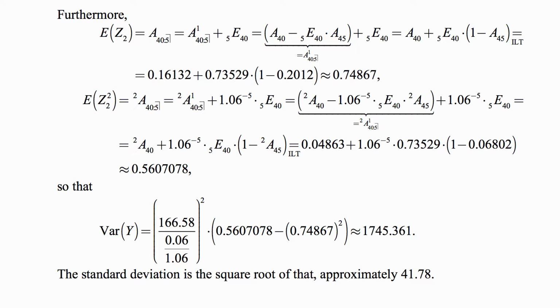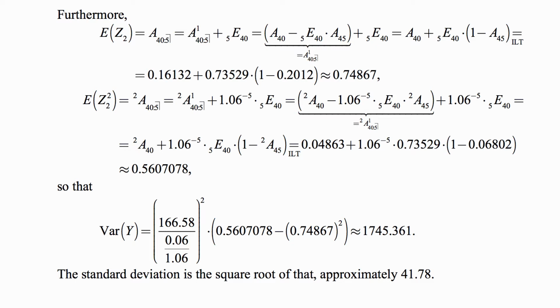Now combine the terms that have 5E40 in them, and you end up with 1.06 to the negative 5 times 5E40 times (1 minus 2A45), and then of course 2A40 in front. Those terms are all now in the illustrative life table, so we plug them in and we get approximately